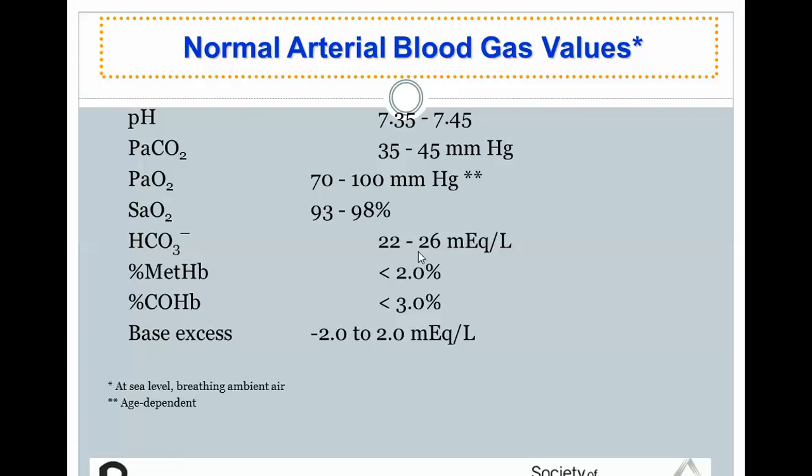The normal values: pH, as you know, is 7.4, plus or minus 0.05. PaCO2 is 40 plus or minus 5. PO2 is from 70 to 100. Saturation is from 93 to 98. Bicarb is 24 plus or minus 2, methemoglobin less than 2, carboxyhemoglobin less than 3, and the base excess from minus 2 to